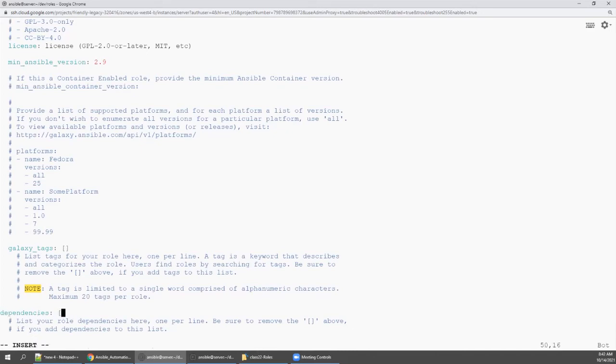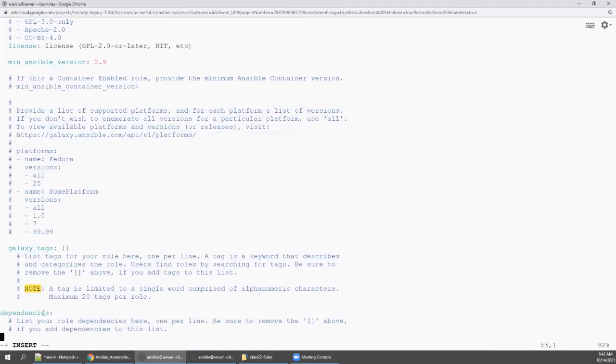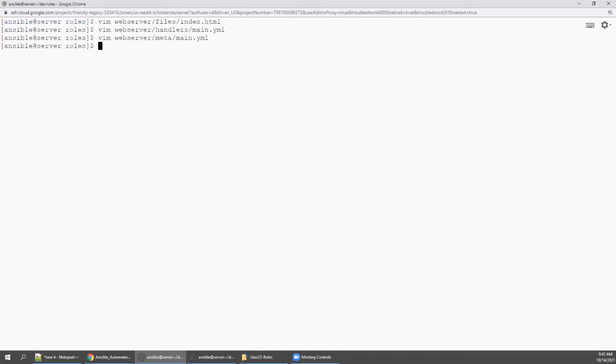When you execute the task, it will go to templates, it will go to files. So the task is the main. I'm going to come to the last line and then paste it. What I need to paste in the meta is this line alone, because the hyphen dependencies is already there. So I need to just paste it and call my firewall role. Since this role is HTTP, the main service, I want to replace it with HTTP. So what will happen? HTTP will be allowed, right?